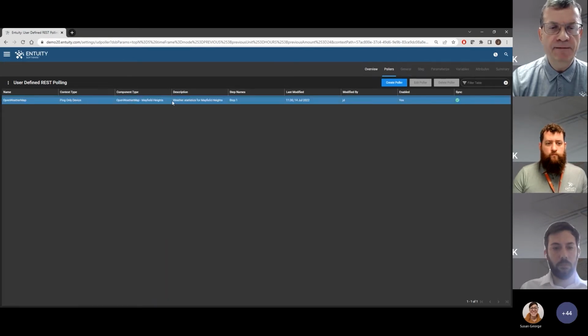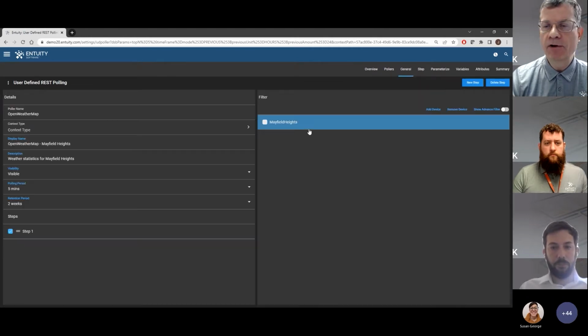I've got one already defined. This is the weather poller, and I'm leveraging a service called openweathermap.org. You can apply to that website for your own API key, which will allow you to pull various different weather statistics from them. I'm going to go in and edit that, and you'll see that we've already stepped onto this